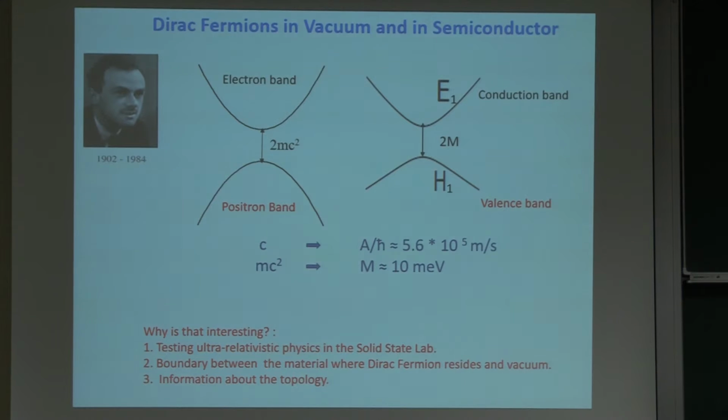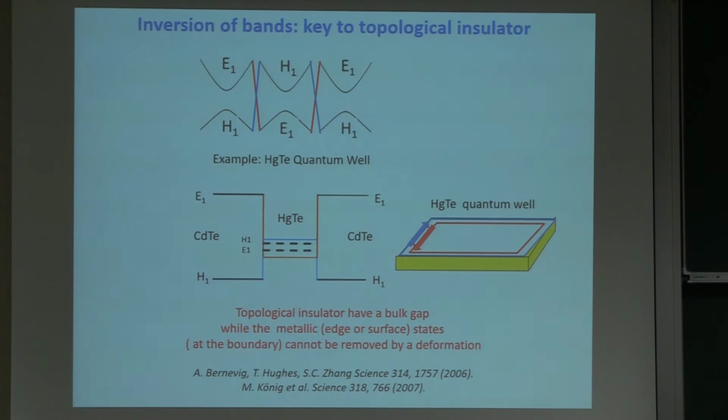Although the energy scale here is a little bit different, as well as the velocity, than in relativistic systems, one can actually try to investigate the topological materials and topological properties in the solid state lab. What was already said yesterday in the talks before is that if I have an inversion of band, for example in some material like bismuth selenide or mercury telluride, where the heavy hole band is above the electron band, then what can happen